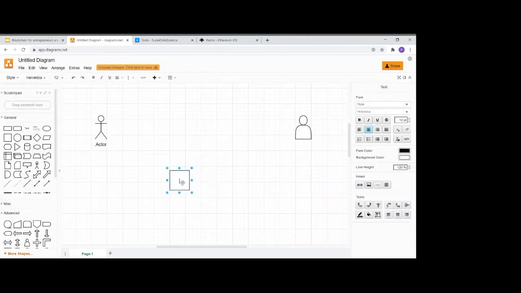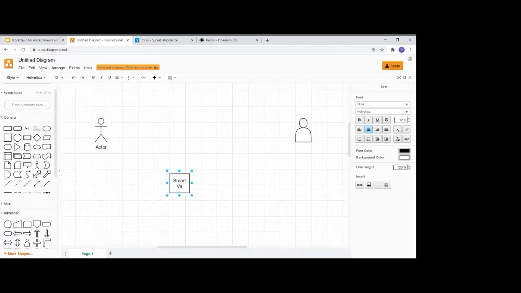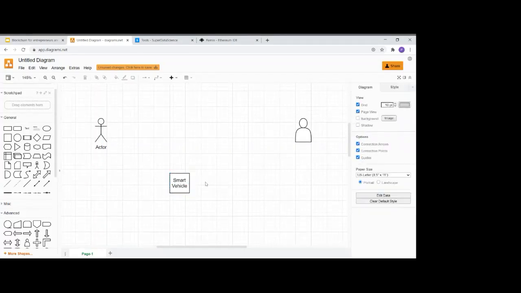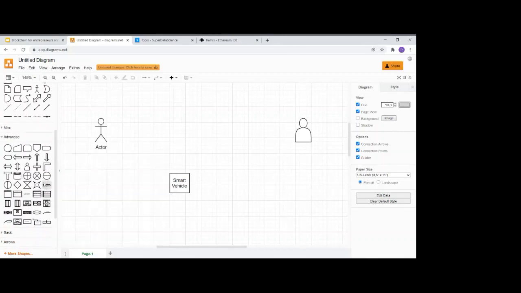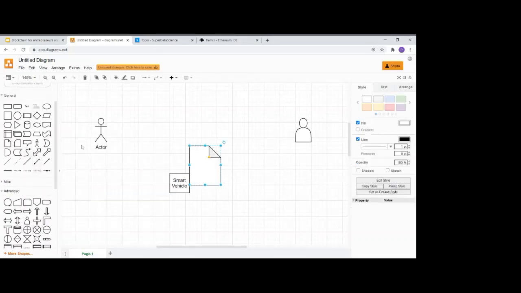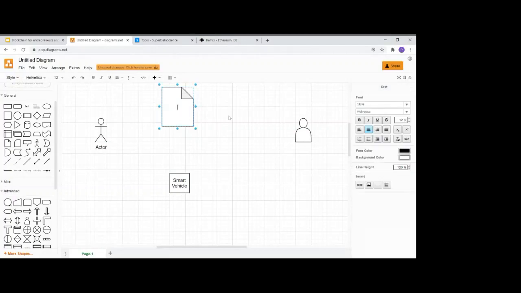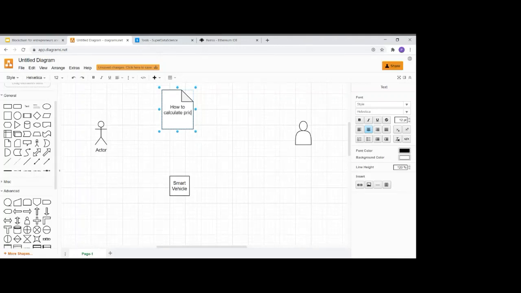This is essentially a smart vehicle that can communicate with the blockchain network. And we have two smart contracts. So let's say one smart contract specifies how to calculate the cost of ride,